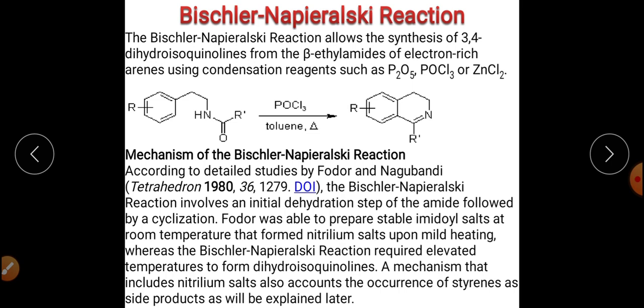Today we will discuss the remaining reactions of this particular chapter, aromatic electrophilic substitution reaction, and in that series the first reaction is the Bischler-Napieralski reaction. This reaction is very important as far as synthetic utility is concerned, and this is basically a tool or a reaction that is used for the synthesis of